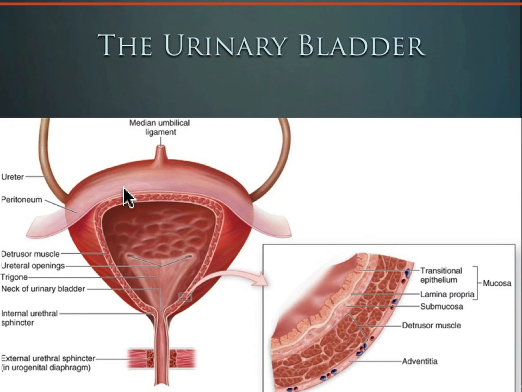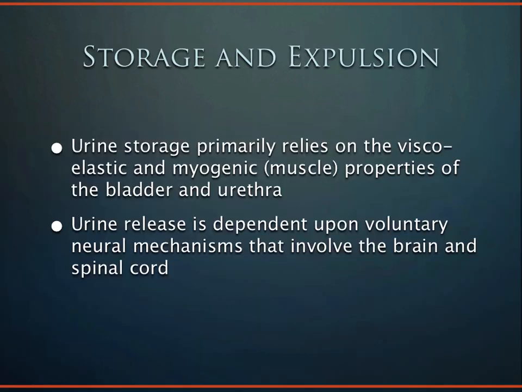It's called the detrusor, and it's made up of the smooth muscle that you can see here. And basically it responds to the impulses of the autonomic nervous system and actually involuntarily contracts. And so the method in which the urine is stored and then eventually expelled involves a complex extrinsic neural regulation mechanism. The storage component really relies upon the elastic and the muscular properties of both the bladder and the urethra, whereas the release component is really dependent on the voluntary neural mechanisms that you control with your brain and your